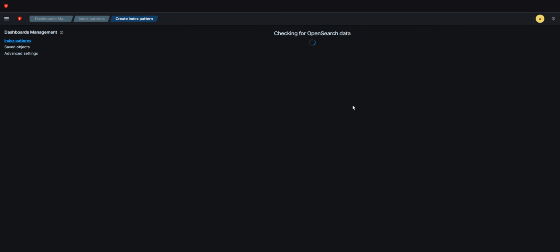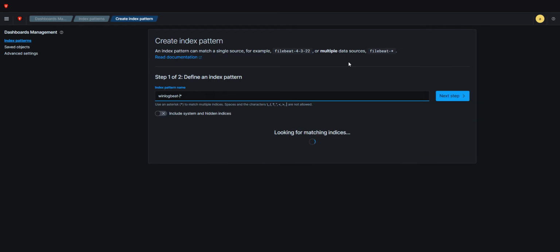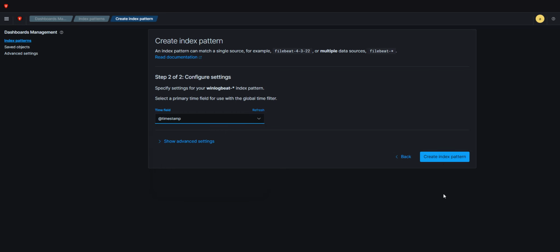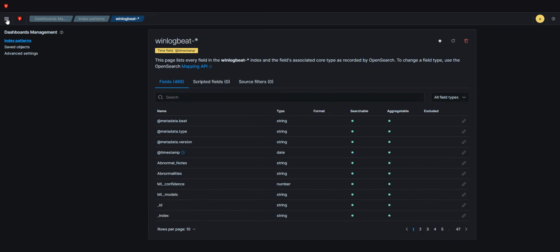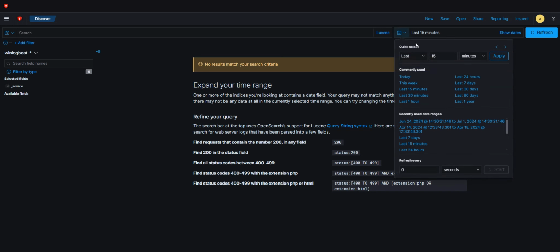So create new index pattern, WinLogBeat, and you should see, there we go, that your pattern actually matches a couple of sources. The one of today happens to be great. So timestamp, create index pattern,